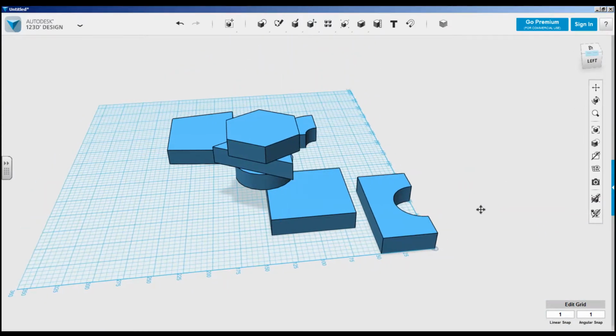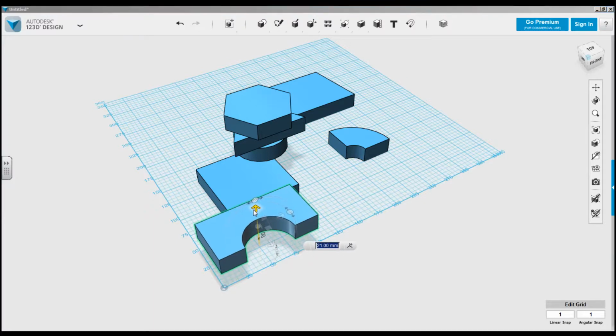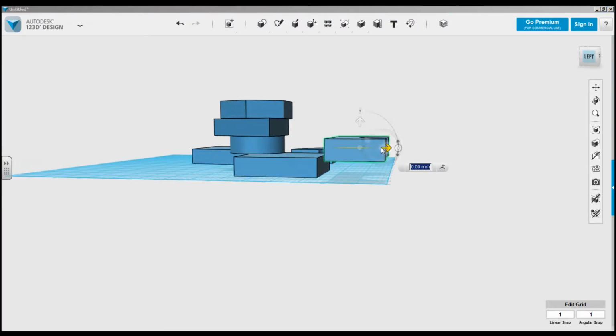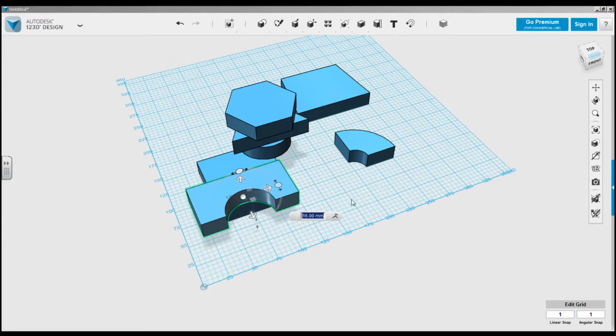The second step is to align them. The main tool you will use is the normal move tool. By clicking on this, we can then come up in multiples of 19 if we want things to be in line with each other,